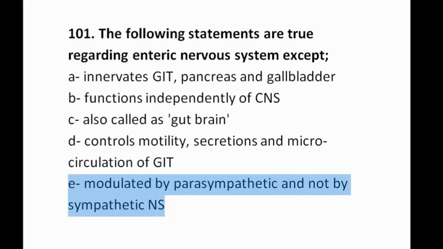Actually this is the statement that is not correct about enteric nervous system. In this option it is said that enteric nervous system is modulated by parasympathetic and not by sympathetic nervous system. This is actually not true, because enteric nervous system is modulated by both the parasympathetic as well as the